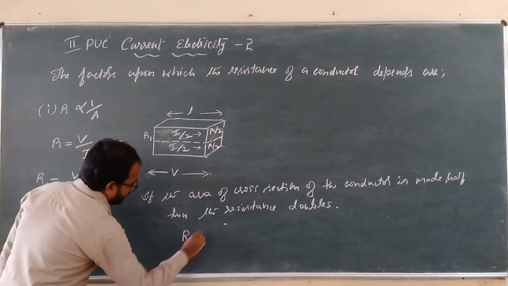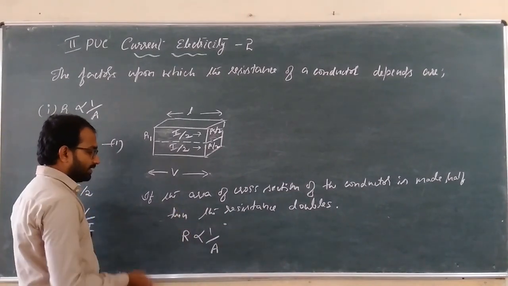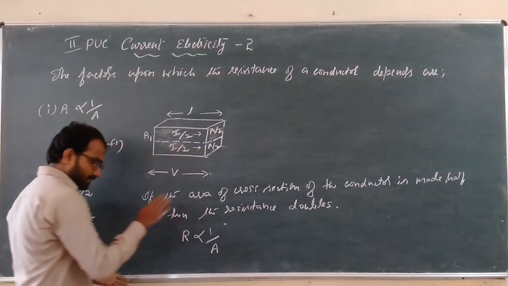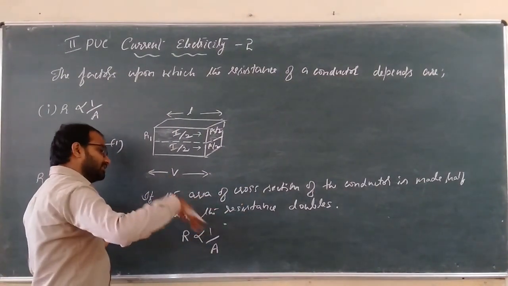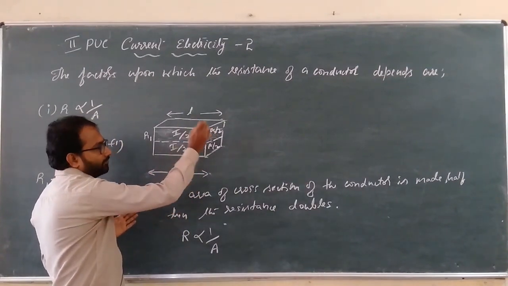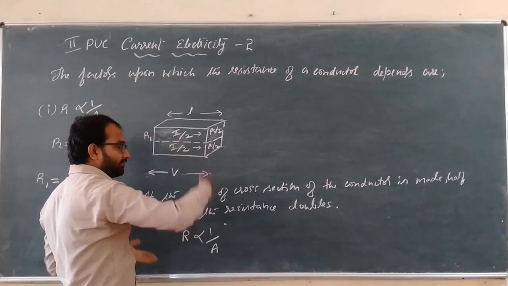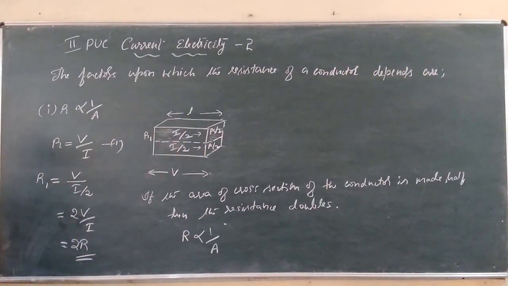I can see R is inversely proportional to A. If you decrease the area, resistance increases, or I can say if you increase the area, resistance decreases. So in the previous case, if you increase the length, resistance increases. Here, if the area of cross section is increased, resistance decreases, inversely related, right? Okay, so therefore now we can conclude, since R is directly proportional to L and R is inversely proportional to area of cross section,